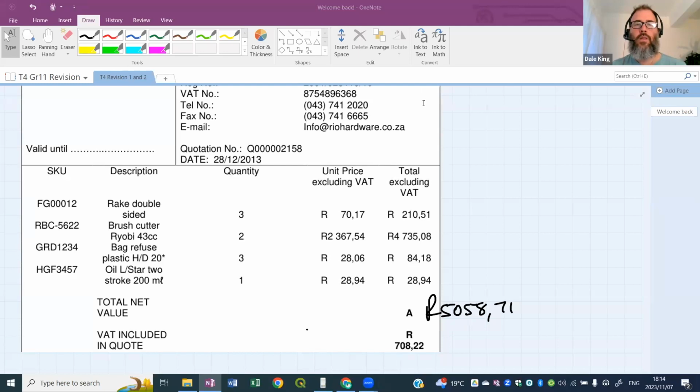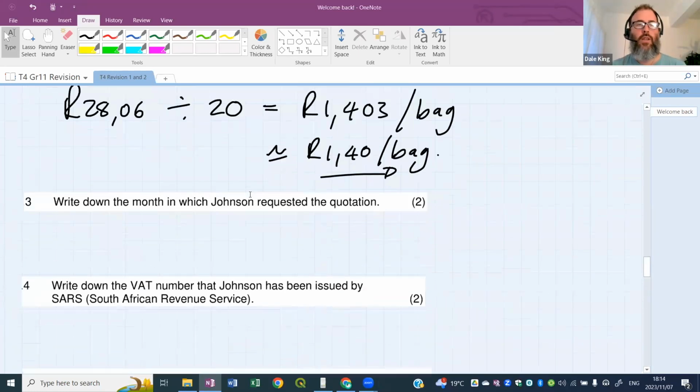Yes, well done, Fatima. Kayan, good job. Right, 28th of December. Okay, so here is the date of the quotation. All right, the date that he requested it, the 28th of December 2013. Yes, you're all on the money. There's 2 marks in the bag for you. Free money. All right, very good. So 28th of December